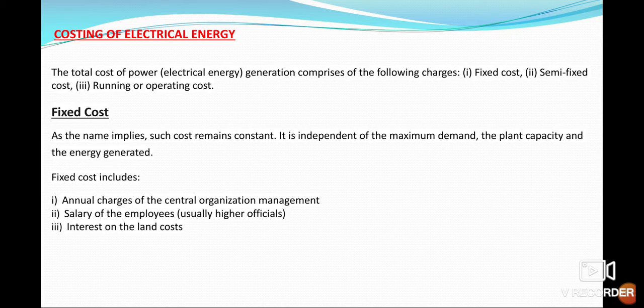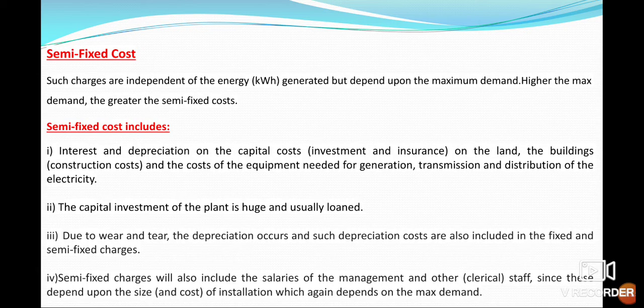Next is costing of electrical energy. The total cost of power can be divided into three parts. What are they? They are basically the fixed cost, semi-fixed cost, and the running or operating cost. The fixed cost basically includes the annual charges of the central organization management, salary of the employees, and the interest on the land cost. Semi-fixed cost is independent of the energy, that is kilowatt hour generated, but it depends upon